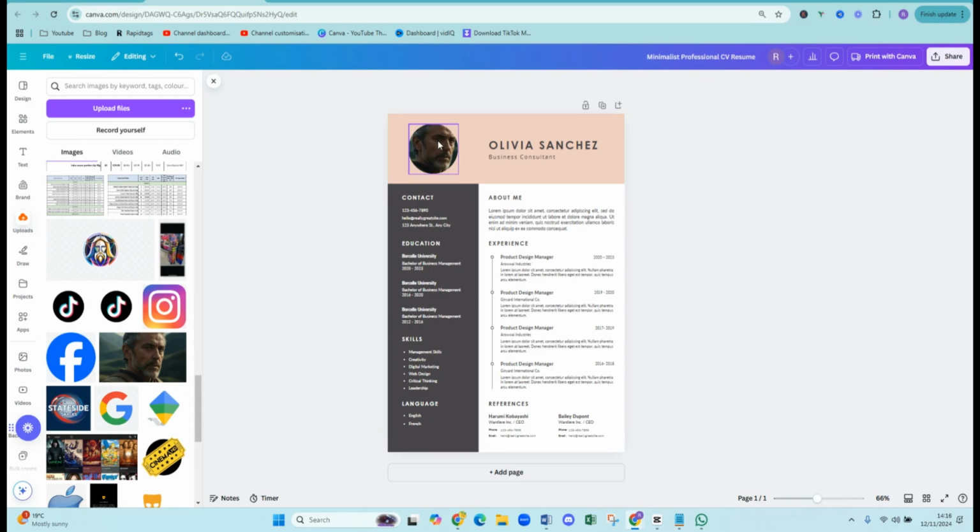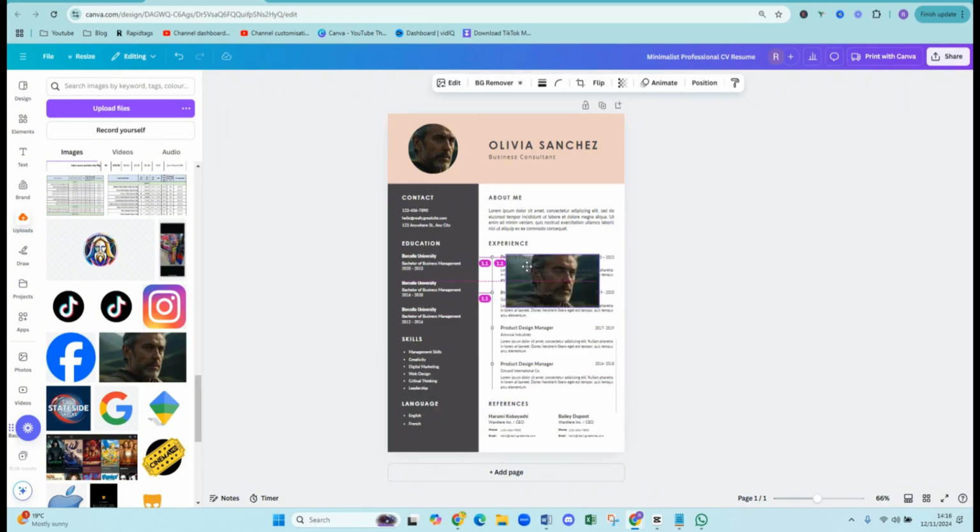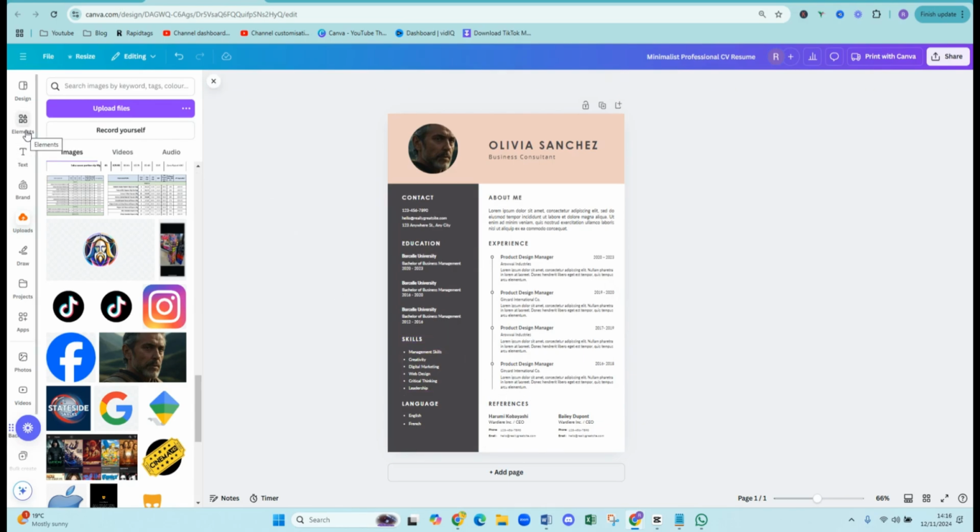So if you want to add an image anywhere else within the document, you can do so. You can just drag and drop and click on your image, and then you can resize it and move it wherever you want to. If you want it to snap into a frame, for example, you can do that as well. So if you come over to the left hand side and click on elements,